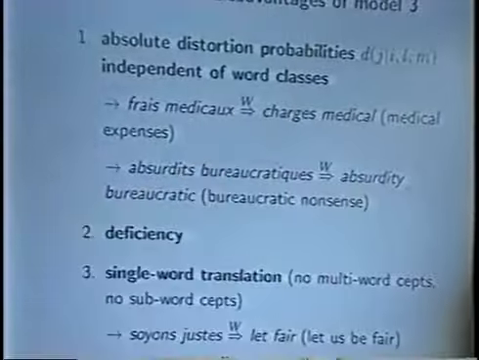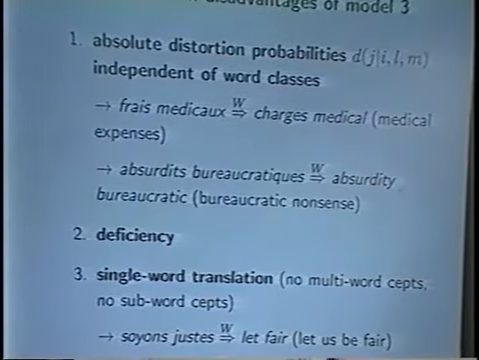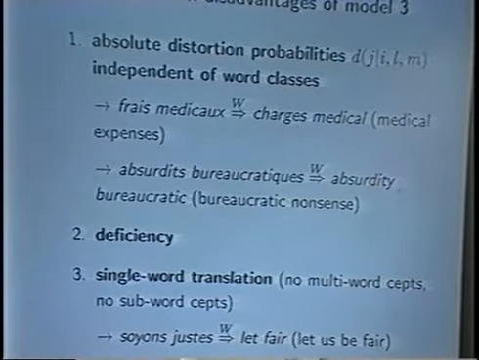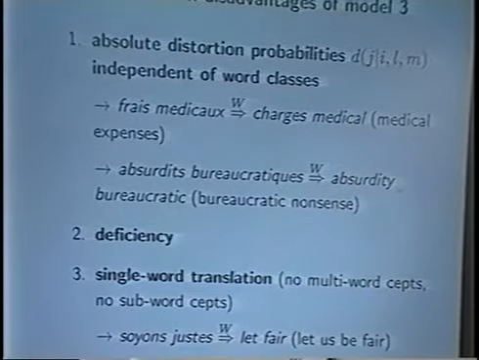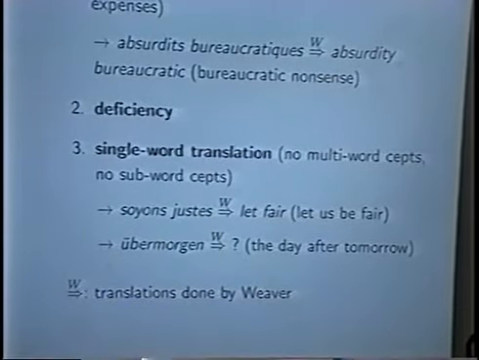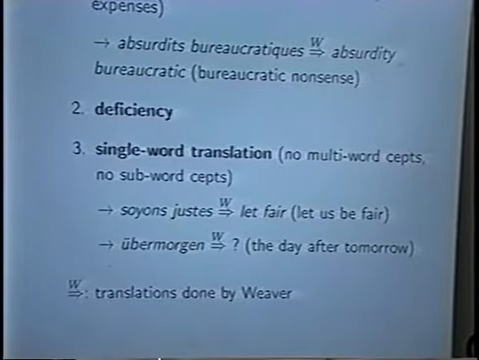Once again, the 3 main disadvantages of Model 3. One I already mentioned in my first talk is the absolute distortion probabilities, and I developed during the workshop some kind of Model 4 which allows for relative distortion probabilities. But the difference between this Model 4 and the complete Model 4 is that it's independent of word classes. And it seems to be really important to make a complete Model 4,